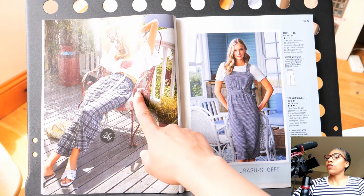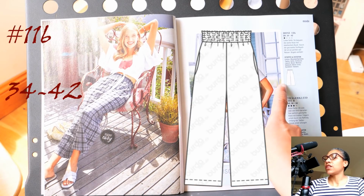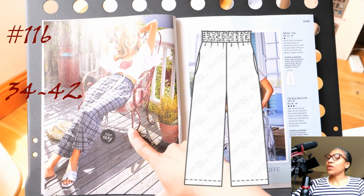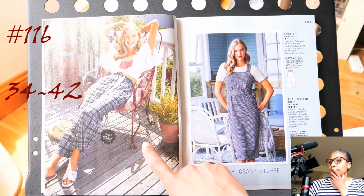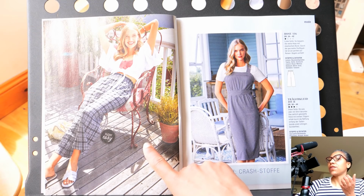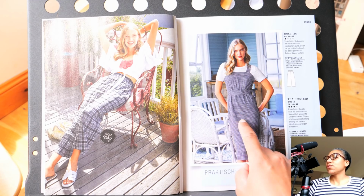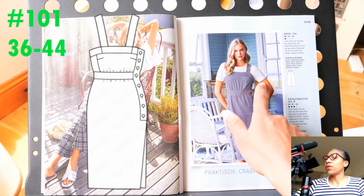Okay, up next we've got another super easy pattern, which is just simple trousers that have got the shirring on the waist, and they've got some pockets. They've made them with a seersucker style fabric, so I can kind of see this working, potentially being very, very comfortable for summer. And then they've got the dress, which they've styled here as a jumper or a pinafore dress,